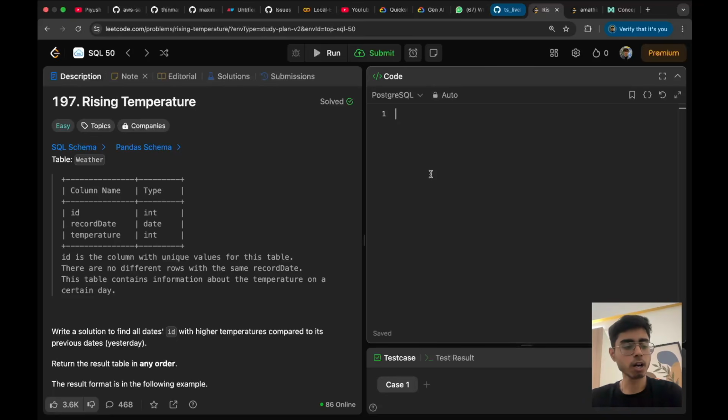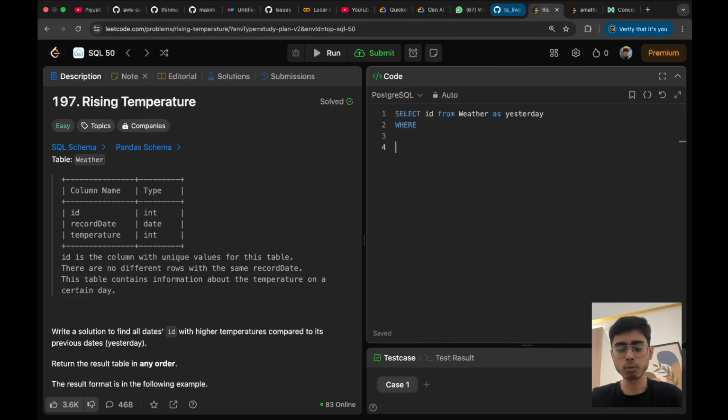Okay, so how to solve this is, first of all, because I have to keep an eye on the previous day and the current day also, that's why I'll write a nested query. The outer query will keep an eye on today's temperature, and the inner query will have the eye on yesterday's temperature, or vice versa, right? So I'll say select id from weather table, so weather, and let's call it yesterday, right? And then where,